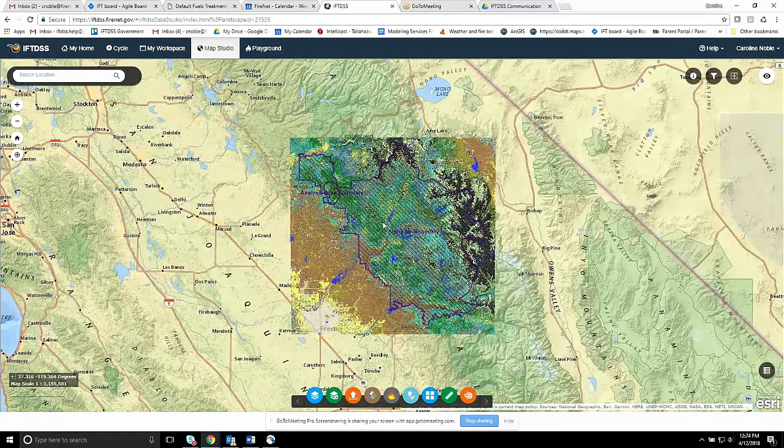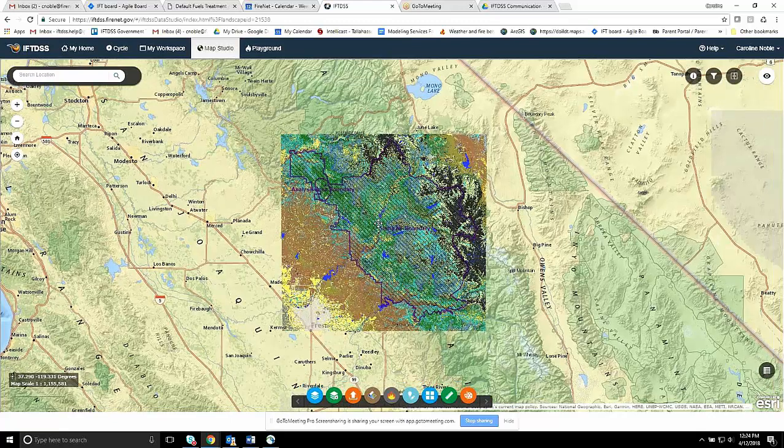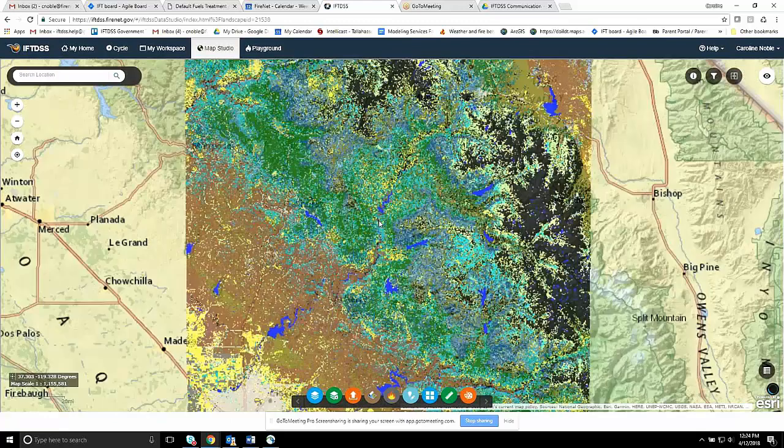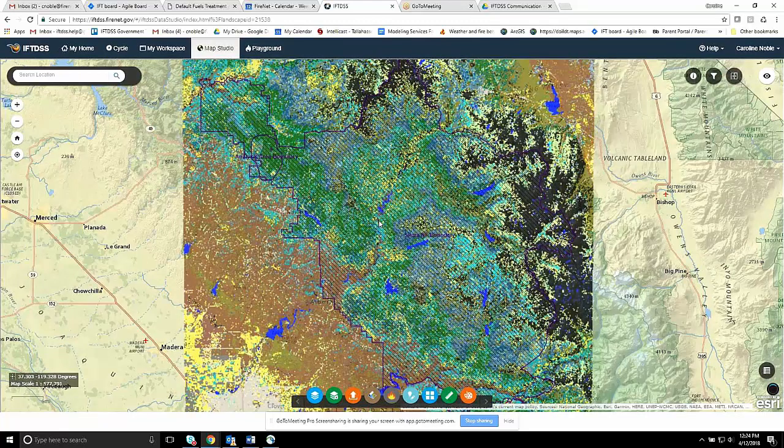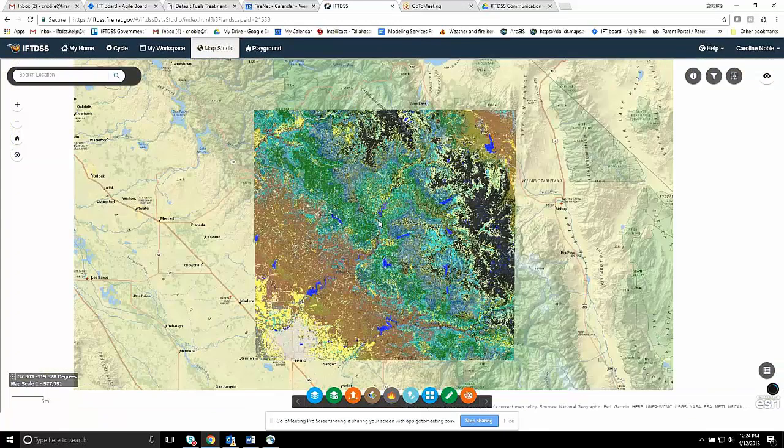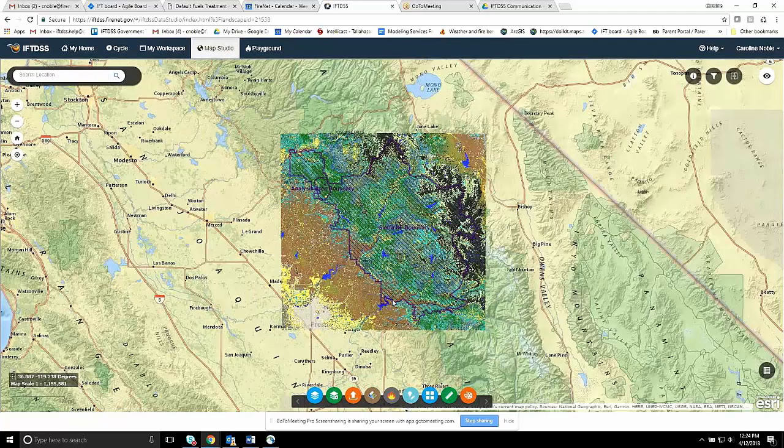So in this case, it has zoomed to a landscape that I created for, hopefully I'm in the right place, the Sierra. I drew a boundary around it based on a boundary I could find. So this is based on Landfire 2014 data. So in this Map Studio environment, you can get automatically zoomed by selecting a file to the extent of it, and it opens up. But this is an ArcGIS Online-like environment where you can turn on and off a variety of